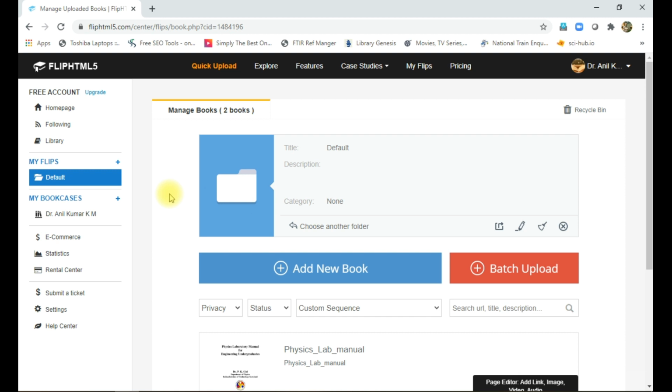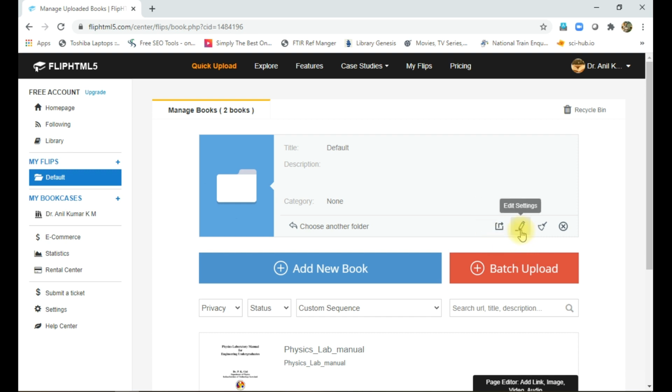So just like YouTube or Anchor FM, we will upload the PDF file on this website, Flip HTML5. Then we just share the link which is available in Flip HTML. So the student can see the PDF file in flipbook form using that link.